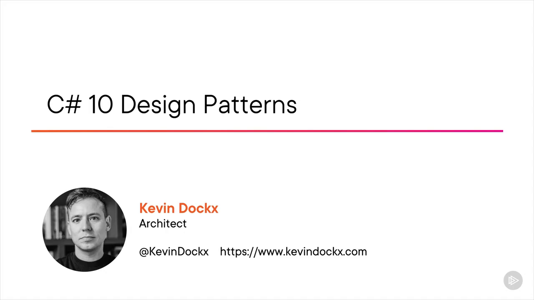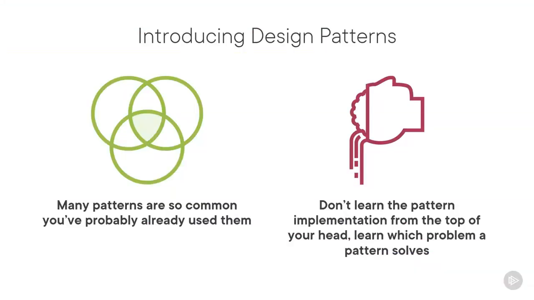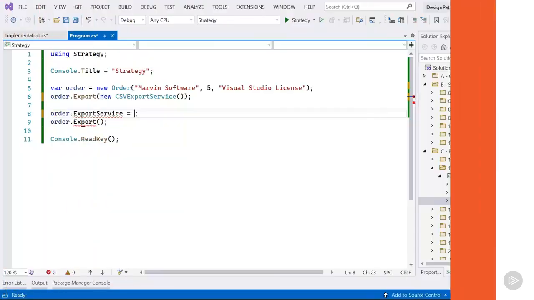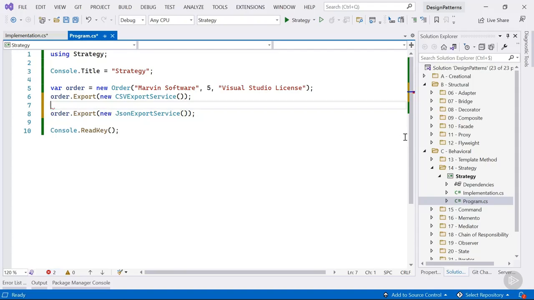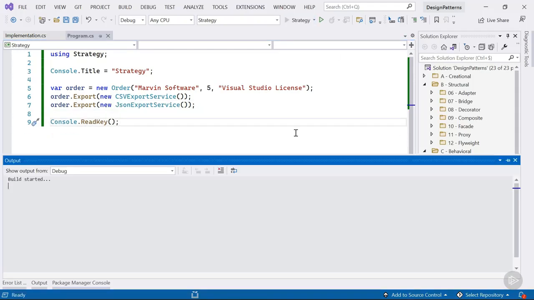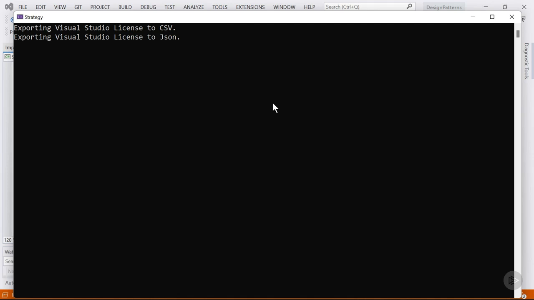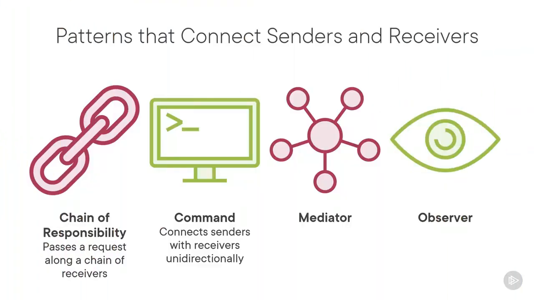Welcome to my course, C# 10 Design Patterns. I'm a Microsoft MVP and freelance solution architect, currently focused on APIs and security. Every code base can be improved. In this course, you will learn what design patterns are. After that, you will learn how to vastly improve your code base by applying 23 different design patterns, covering all